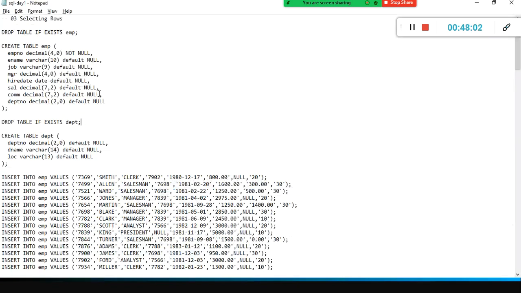But in the case of migration, for example, you develop your script and your application in your dev environment, and you want to launch your app in the live production environment. In that case, obviously these tables will not be there. You need to create these tables first, insert the data, and then launch your application.